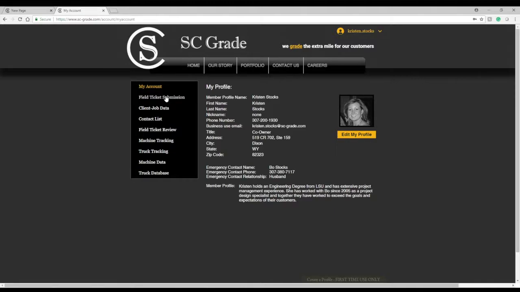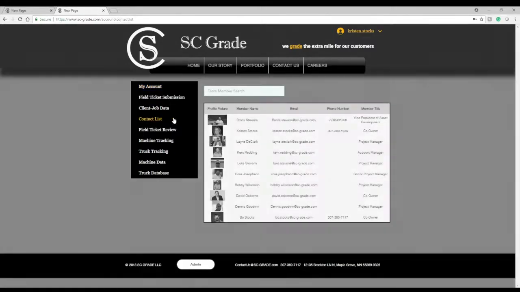The contact list, where you'll be able to see the profile that you've created as well as the profile of others, is going to be under Contact List. Your profile picture, your member name, your email, your phone number, and your member title. You do not have to put in a title, that is optional,